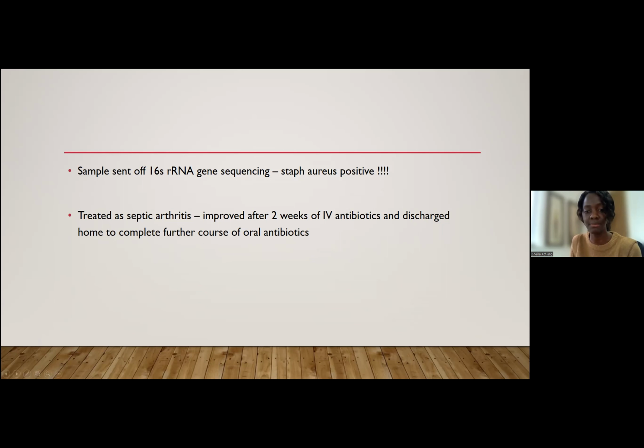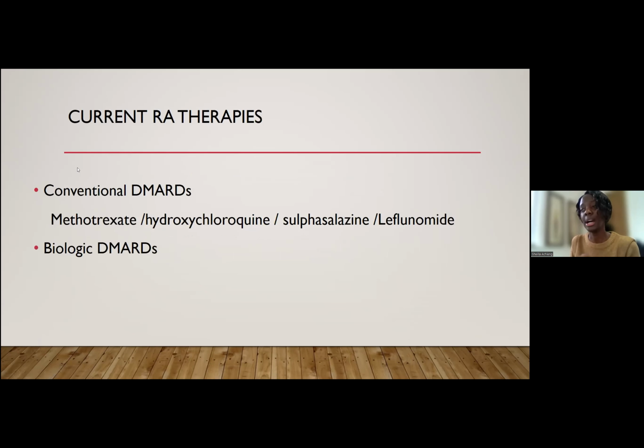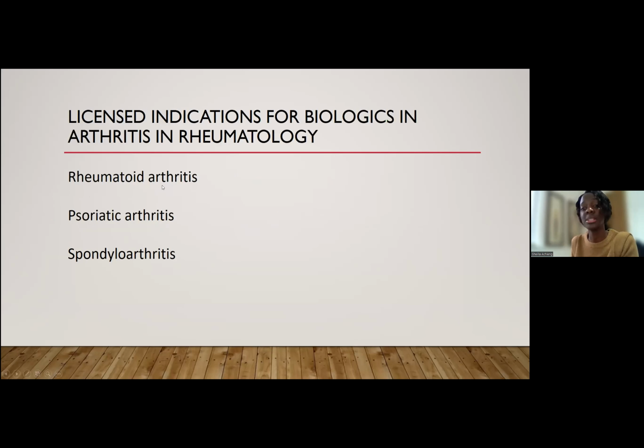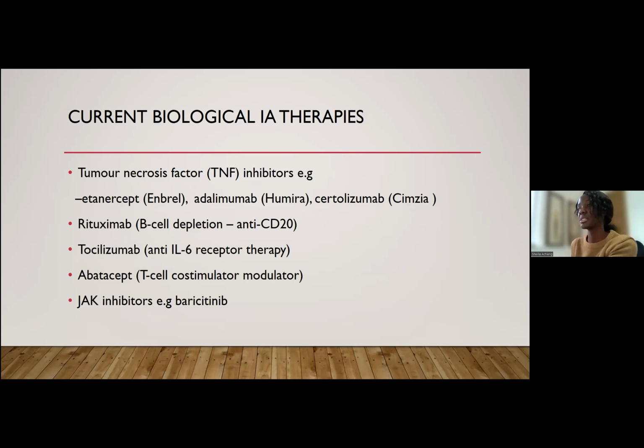So I'll just briefly touch on the current RA therapies that we tend to use and you might come across in your assessment of patients. So you know the conventional DMARDs, methotrexate, hydroxychloroquine, sulfasalazine, and leflunomide, but we also have biological DMARDs, which are on the next slide, which are the ones licensed for conditions like rheumatoid arthritis, psoriatic arthritis, and spondyloarthritis. So you will come across medications like Enbrel, Humira, Cimzia, tocilizumab,